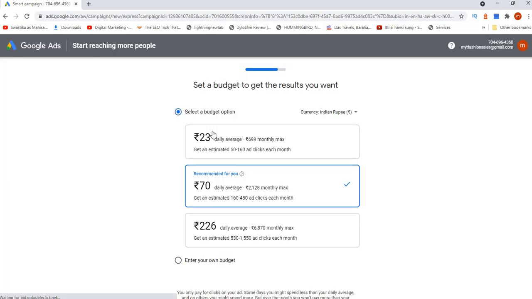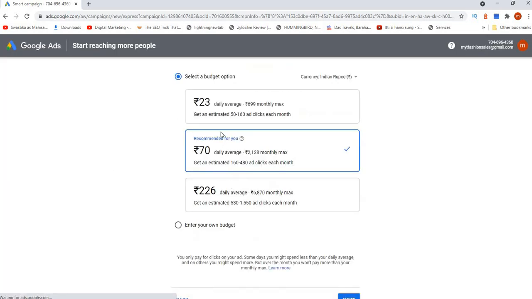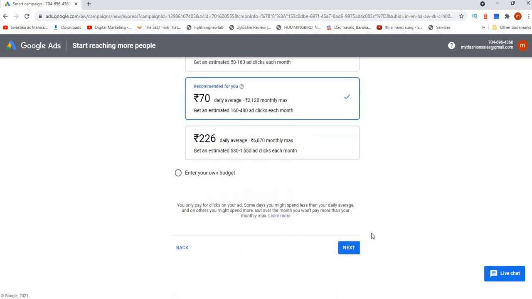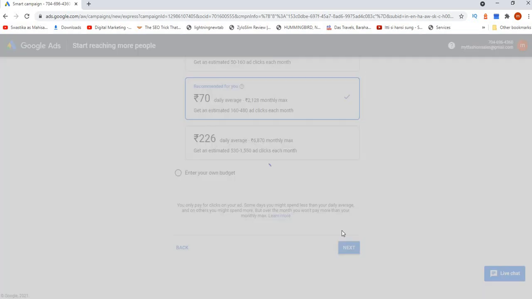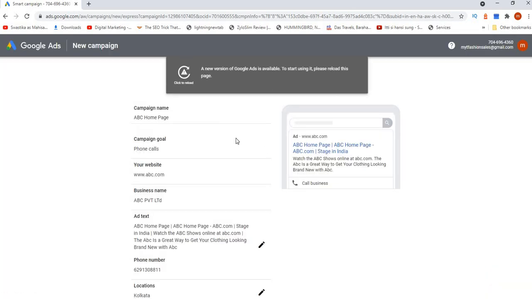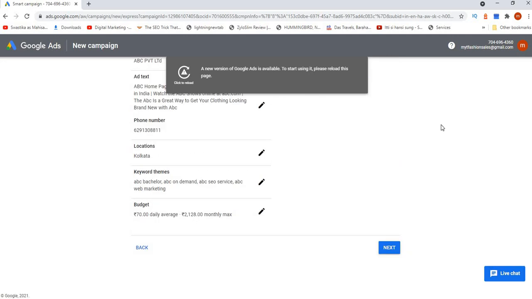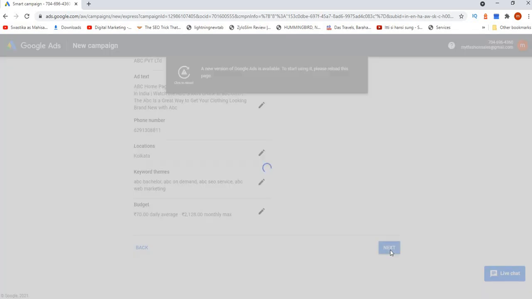Now here you have to set a budget. Say this is the default budget they are showing. Since we are just showing you a demo, just click on next. Now click next.